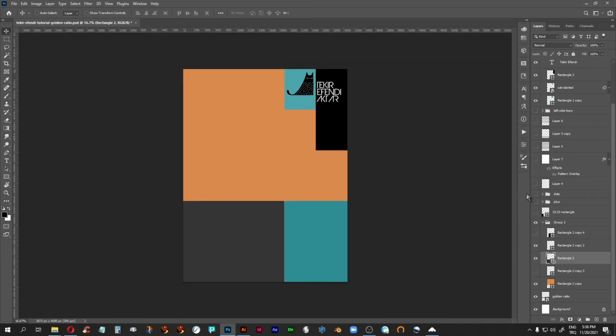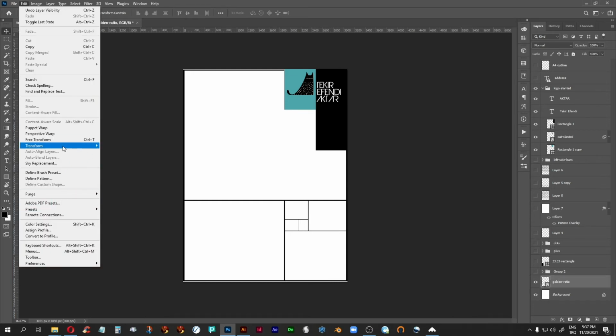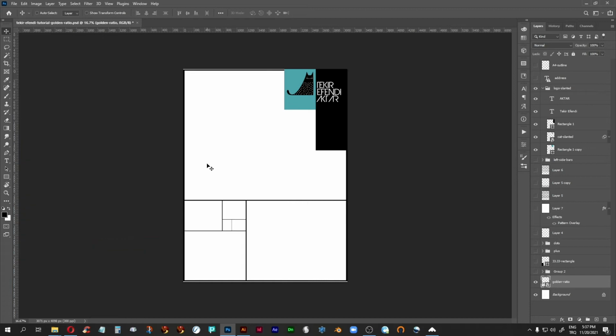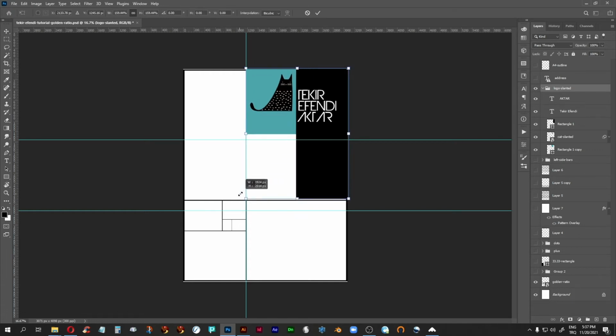Now, one final thing. Let's just look at this one more time. What about if we want, this is the folder, right? So we want to make this logo type really big. So what I would do in this case is I would just flip the golden ratio, take the logo, move this guide over here now so that I do it perfectly, and just bring it up, and it's almost perfect. As you can see, there's a little bit missing here,